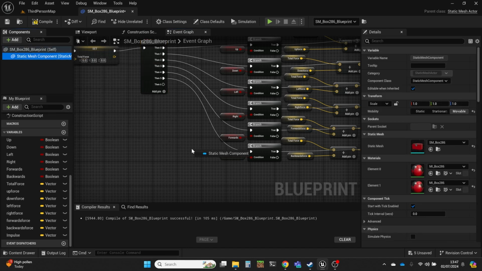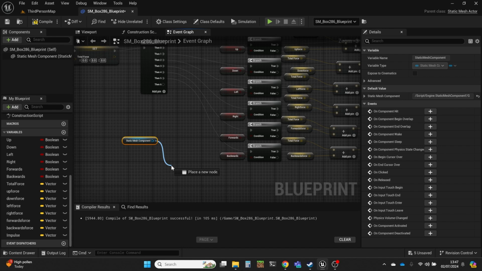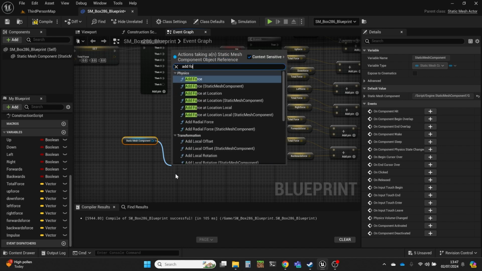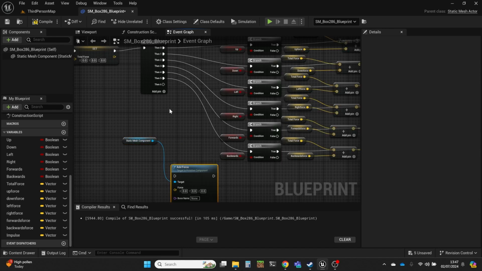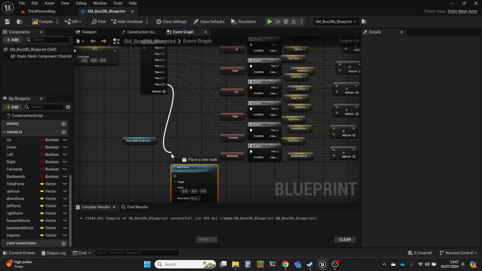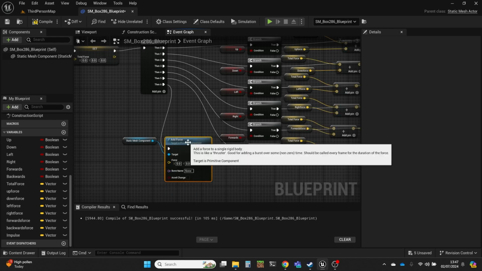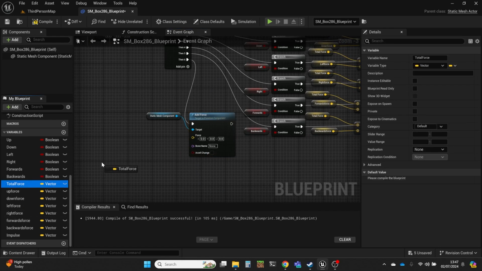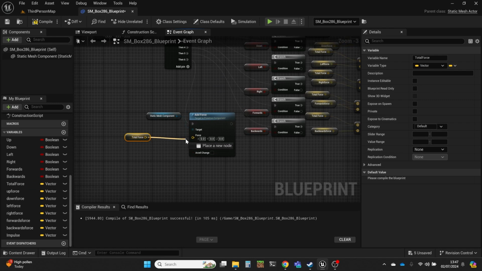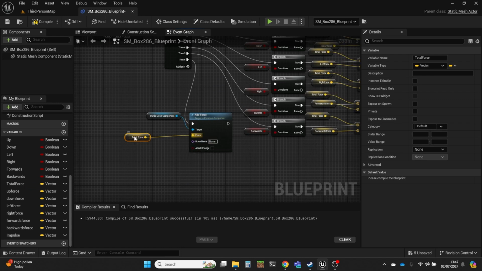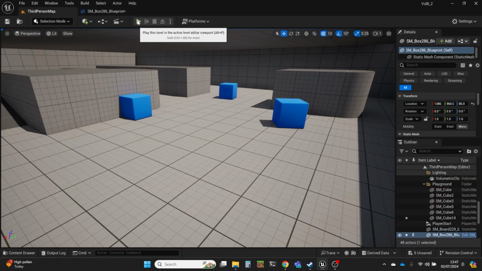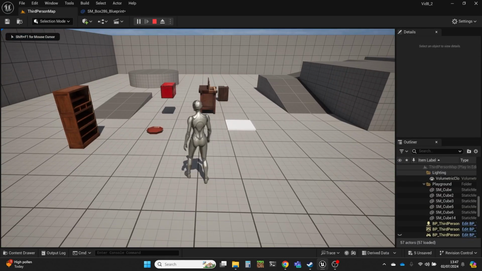So we're going to do our apply force, sorry, add force is what it's called. And I have an extra pin out of my sequence, thankfully, and we're just going to use that total force. There we go. Now, this should then behave exactly the same. Let's see if we can do that right.